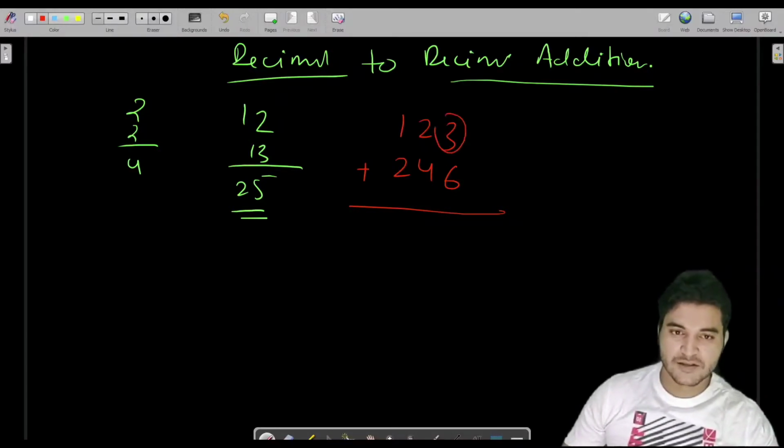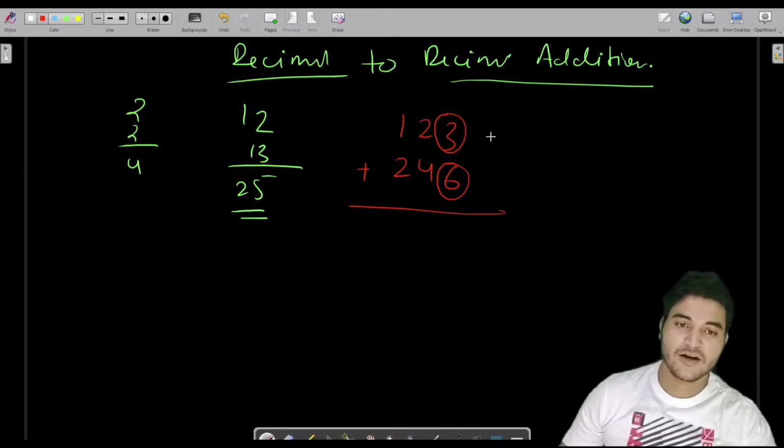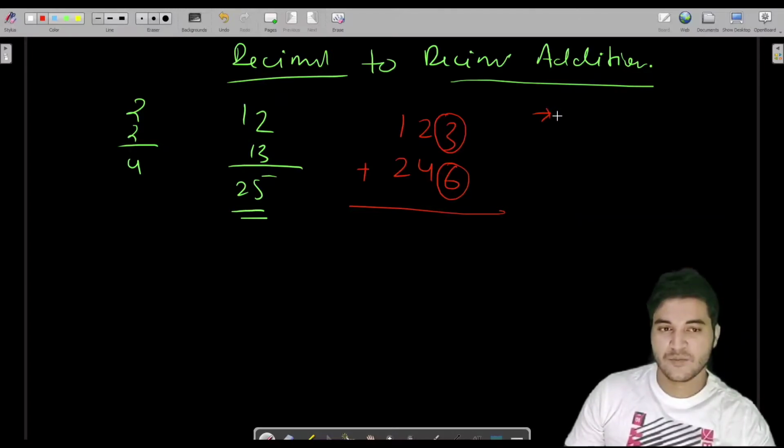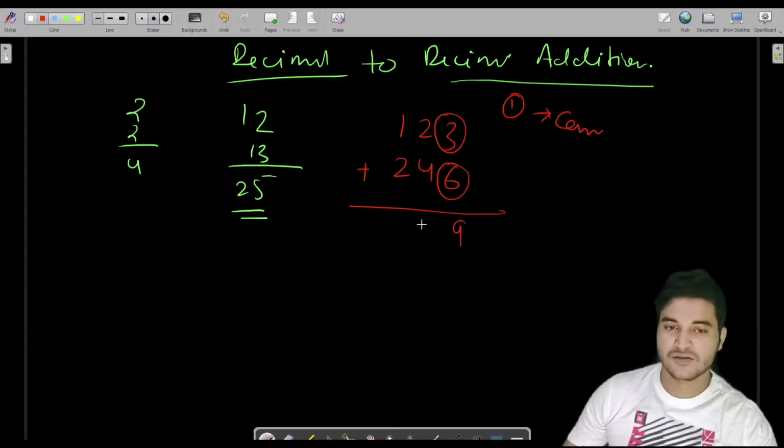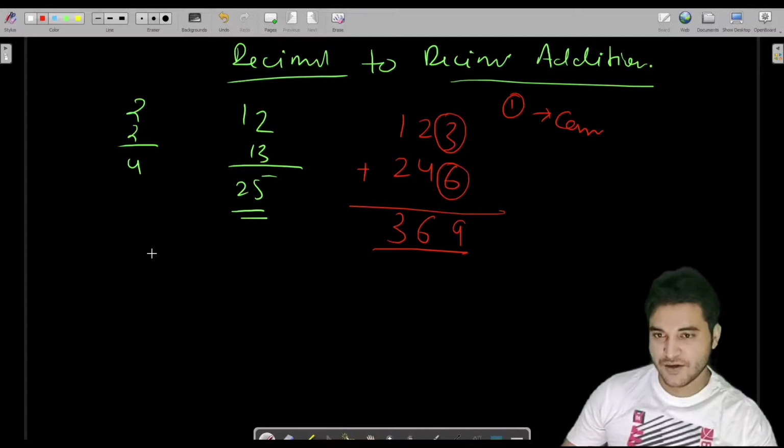We take this digit and this digit and add up these two digits, and if there is any carry after adding these, then we used to take the carry inside any variable, or let's say we used to write here, let's say 1 is carry, and we would write here the unit digit. So 6 and 3 is 9, we do not have any carry, and 4 plus 2 is 6, 2 plus 1 is 3. So in this case we do not have any carry, and let's say we are having 127,